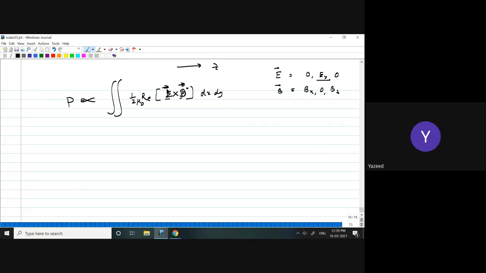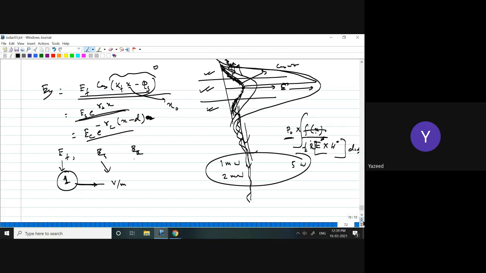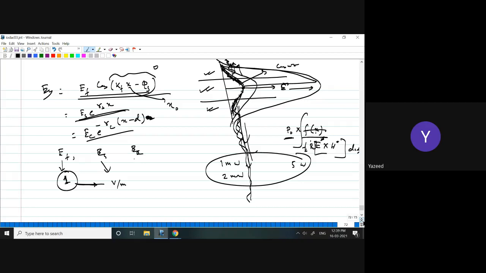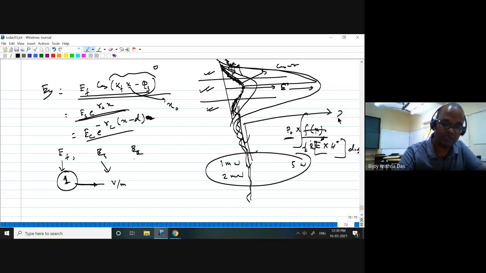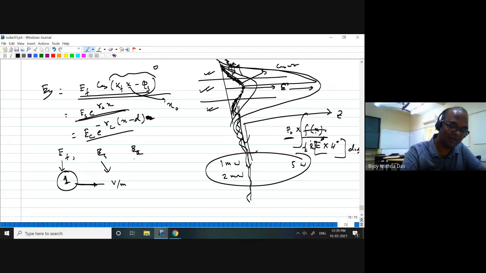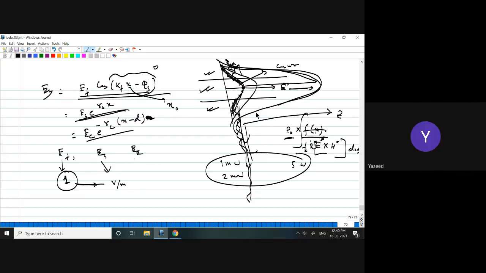Sir, can you go back to the previous slide? So here, the power is propagating along Z, not E, right? Within the waveguide. Yes, it is the Poynting vector that is going along Z. So yes, this is the z-axis. But when I am writing this one, that is not a z coordinate. That is the field strength. I'm just representing it in the same direction. That's it. Okay, I see.